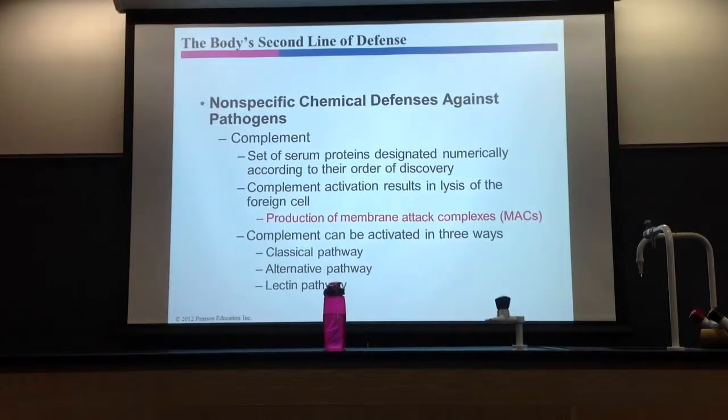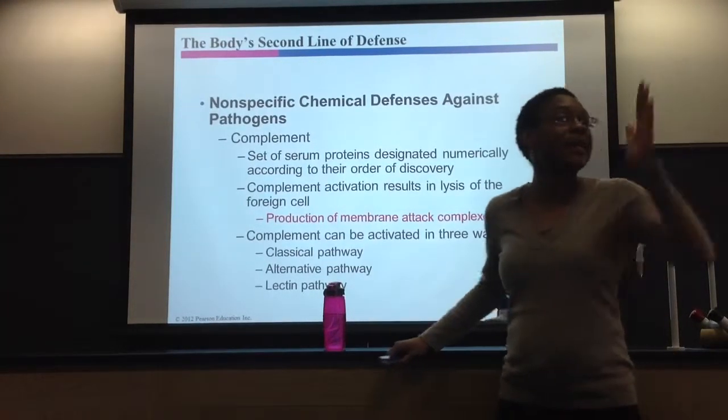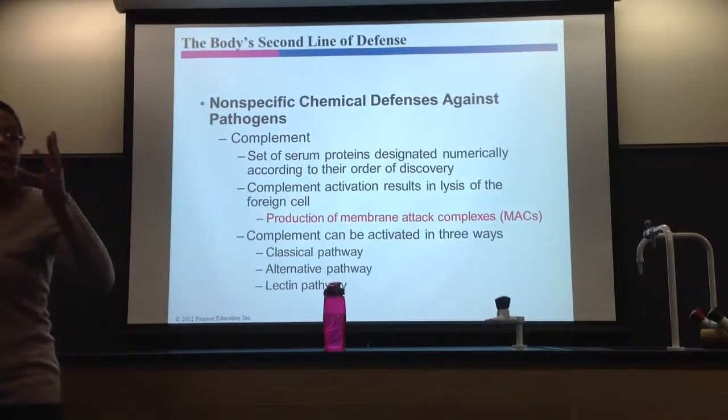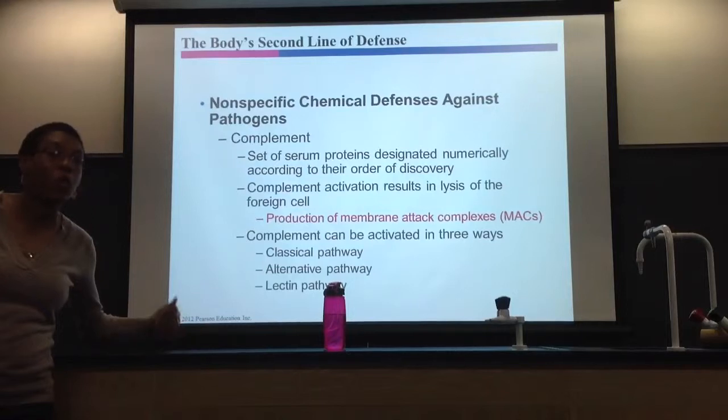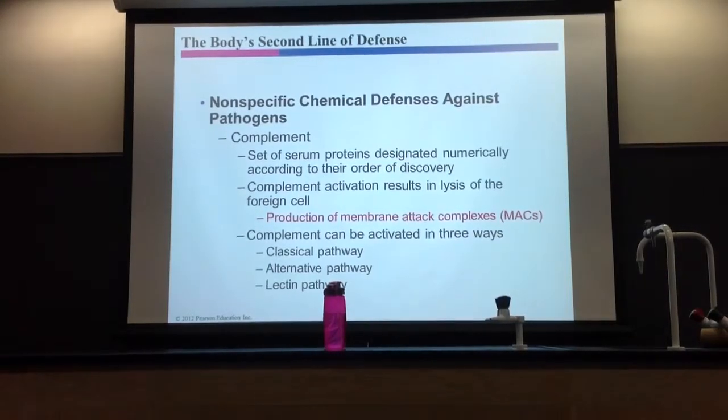Now the cool thing is this, to help you memorize what complement does, complement forms a membrane attack complex, or MAC. So think of MAC attack, real quick, right? If you can remember that, that's exactly what complement is doing. Complement proteins make a MAC, and MAC attacks cell membranes or cell walls of bacteria. They literally punch holes in bacteria. They punch holes in them, they just die. So think of MAC attack. That is the end result of complement proteins. They punch holes in the invaders.